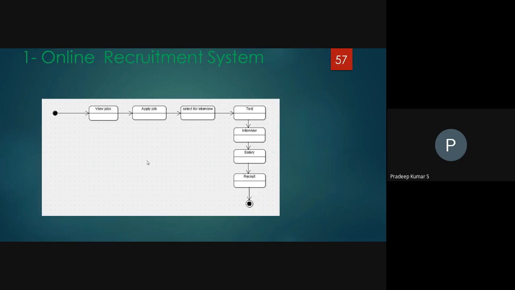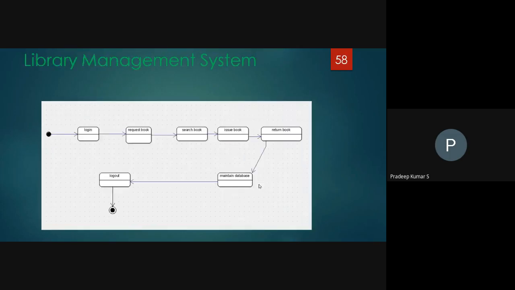From the company, based on my profile and my standard, they allow me to take up the interview. During the interview they perform some tests. Initially I take the test, after that I attend the interview, technical and HR. If both are okay, they give the offer along with a good salary package. Then the requirement is over. Only one way, a simple one way representation. We can easily write it. It is a very easy diagram, a flow chart representation diagram.